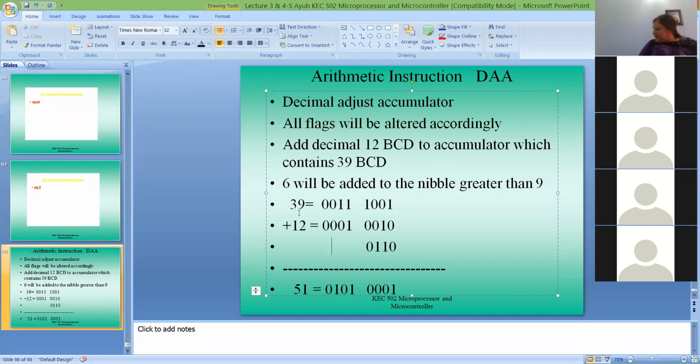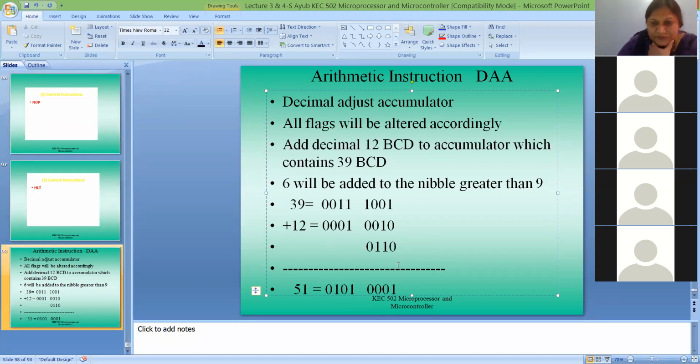So when it checks that your nibble, addition nibble is greater than 9, then automatically it adds 6. Now here your result is not greater than 9, so it will not add 6. But if it finds that here also the result is greater than 9, then it will add 6 over here also. So if both the nibbles are greater than 9, then at both the places 6 will be added. But if only one nibble is greater than 9, only to that particular nibble the 6 will be added.